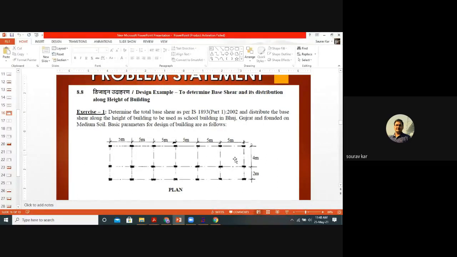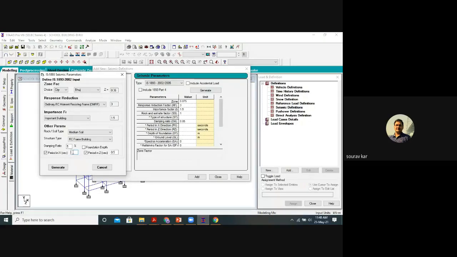Here h is 15 meter height, if you don't take the plinth level, and the distance is 30 meter. So please calculate the period in x: 0.09 into the height, that is 15 meter, divided by root d, that is root 30, which is 5.477.